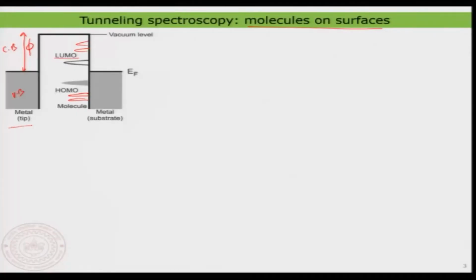Good. What you would expect is these kinds of discrete levels. Now, you see that this is the space, which you could call Z or something like that, and there you can see the metallic tip and the surface, and I have the molecule sitting on top of the surface. So, that is basically the setup.